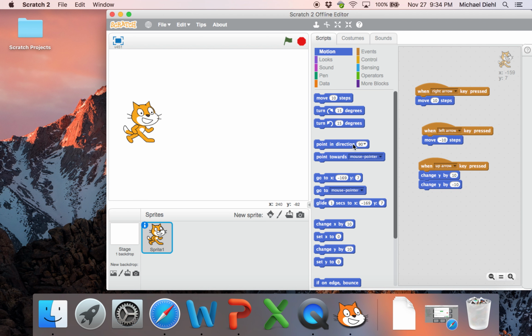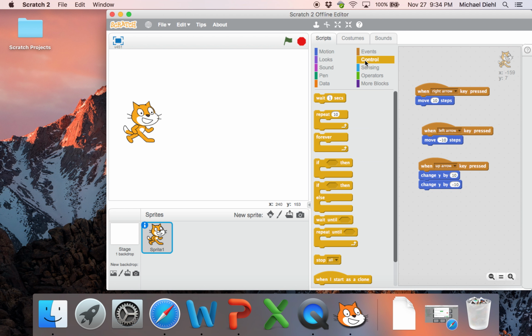One thing I could do is I could put in a pause, or I could put in a wait. So if I go to control here, there's a piece called wait. And it's pretty self-explanatory. It's going to wait this many seconds. So if it's doing it too quickly, maybe if I put the wait in between them, that might be better. So I'm going to drag this piece, and it should let me snap it into where I want it to be. Okay, if you kind of mess up this snapping business, just sort of start over and you should be okay. So now if I do the up key,